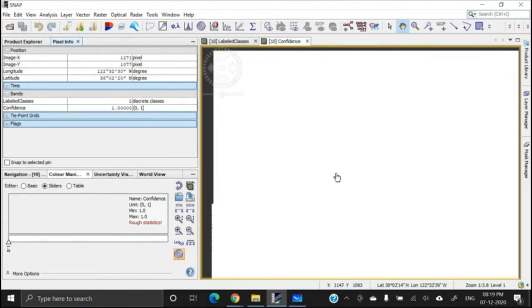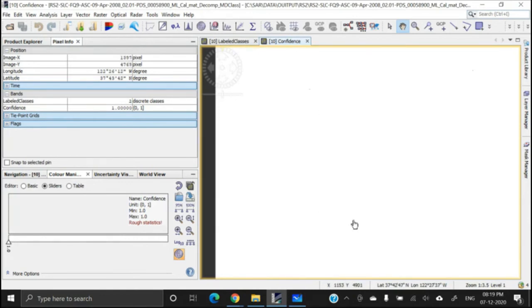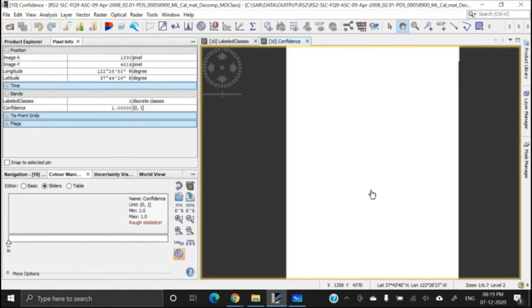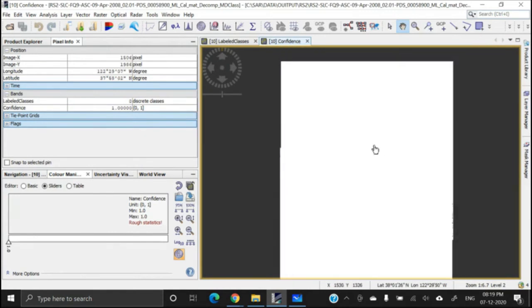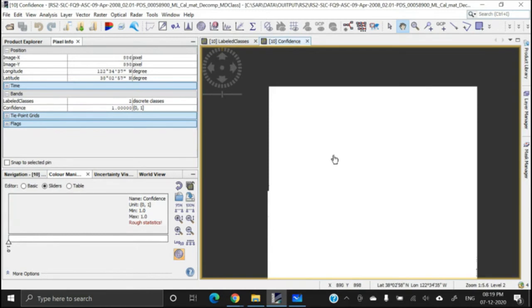পিক্সেল ইনফো যদি যাও, দেখবে পিক্সেল ইনফো, পিক্সেল ভ্যালু, কনফিডেন্স লেভেল সবার 1। ঠিক আছে, সব পিক্সেলের কনফিডেন্স লেভেল 1 এখানে দেখাচ্ছে। তার মানে 100% কনফিডেন্স ছিল কম্পিউটারের যখন এই পিক্সেলগুলোকে ক্লাসিফাই করেছে। This is the confidence image. If the computer does not feel that much confident while assigning a pixel to a specific class, then these pixel values will be reduced, কম থাকবে ভ্যালু।